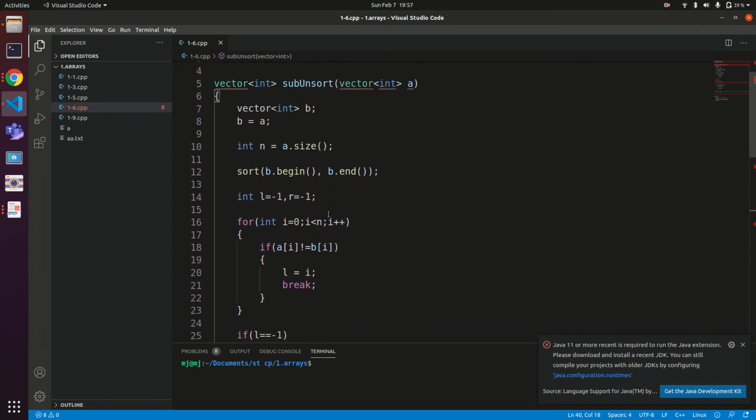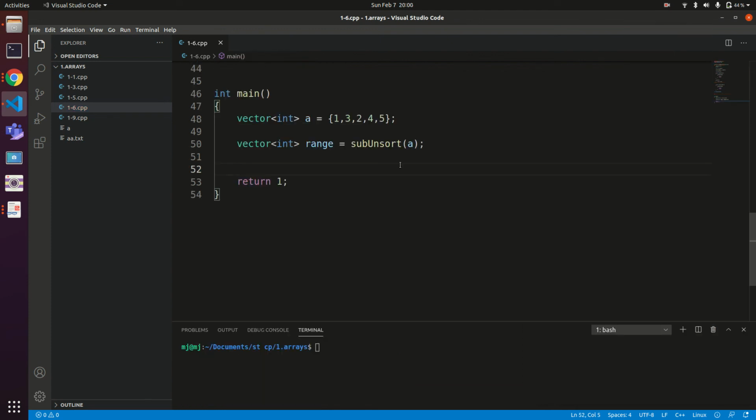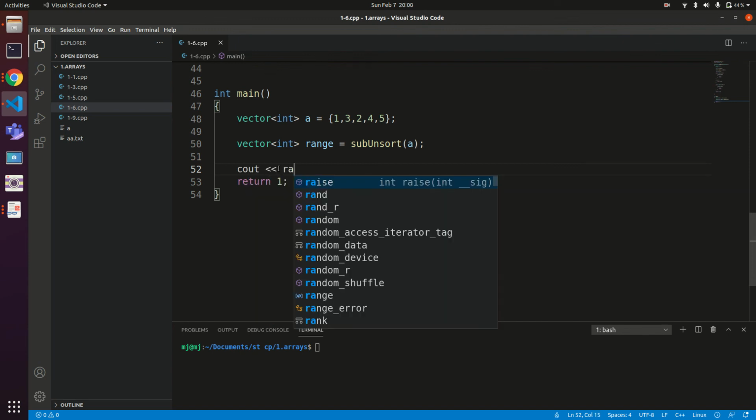Okay, let's first compile this program in order to understand whether it is correct or not. Okay, it is giving some error. Let me fix it. Okay, so let's also check out the range that is to be printed.